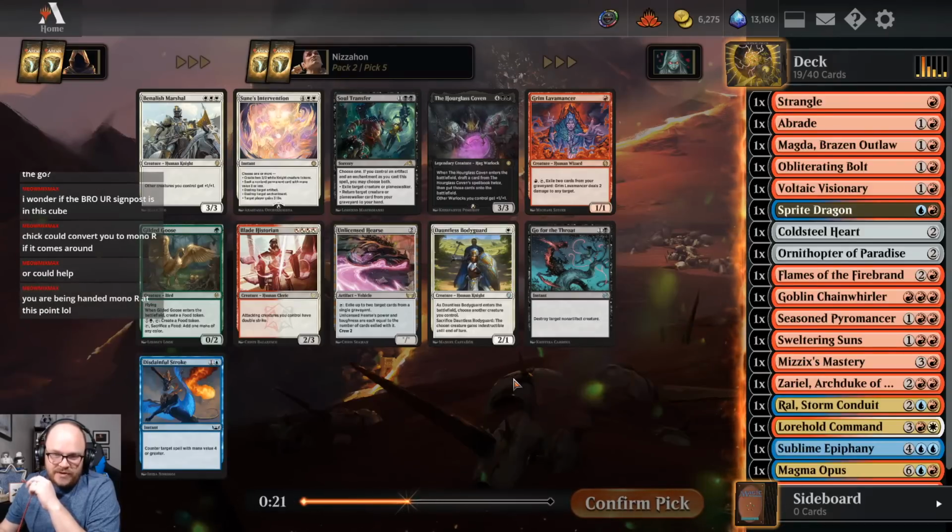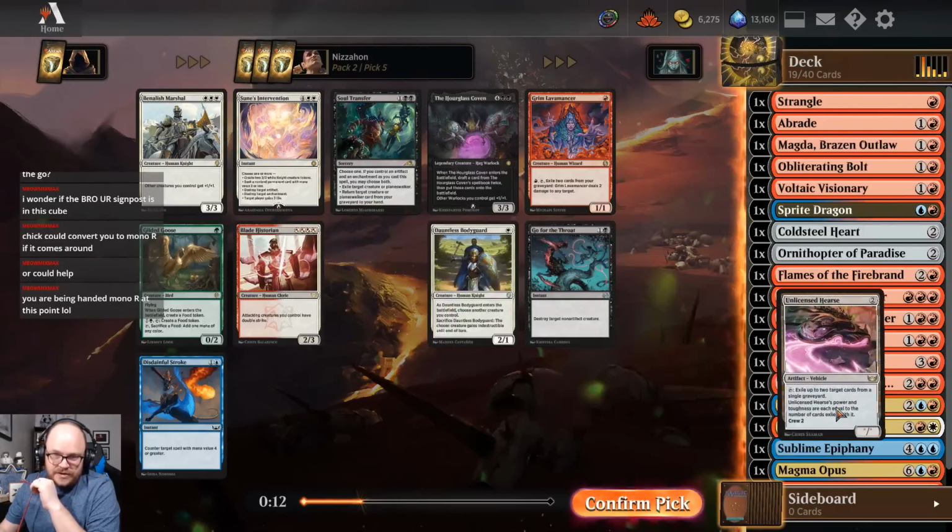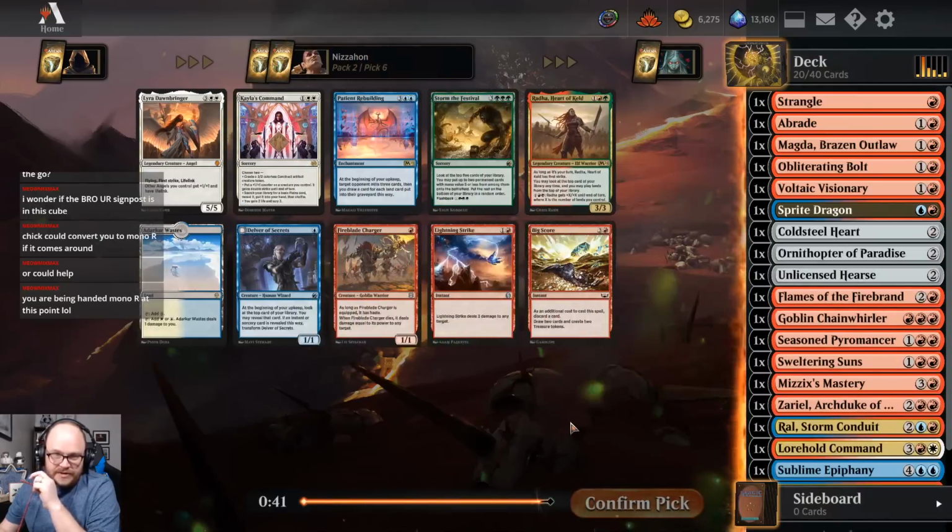it's horrible against the aggro decks. It's really good against all the other decks, but horrible against the aggro decks. So I don't love it. Do I just grab a Hearse here? Kind of think I do. I don't know if it's going to make the cut, but...